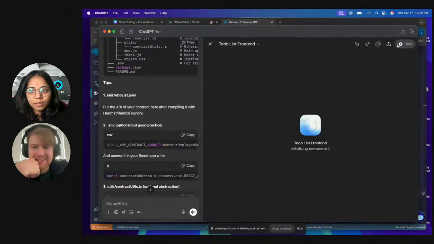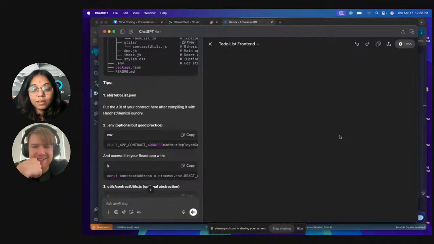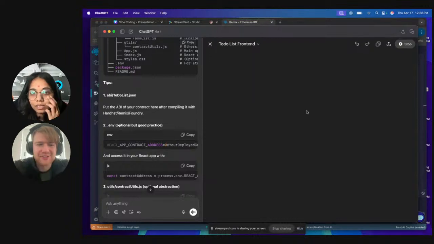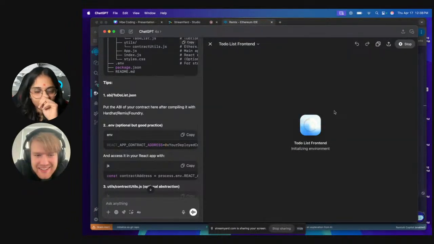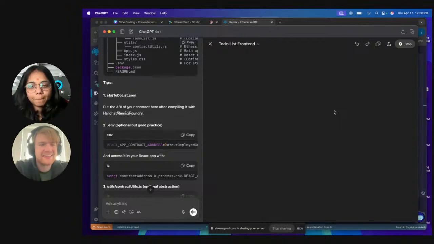Let's see if it generated something. That's actually a good feature here. Hmm, it's interesting. It doesn't want to react. React sometimes doesn't react. I guess it's still a work in progress.